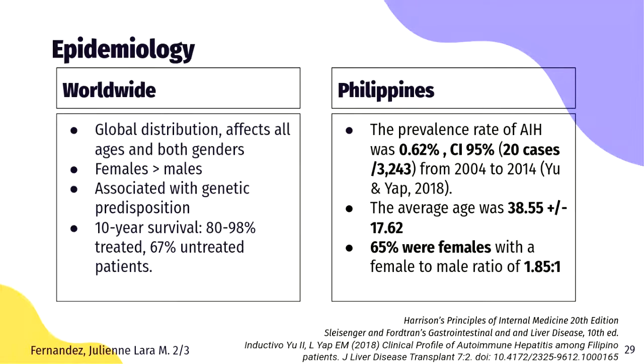According to Yu and Yap, the prevalence rate of autoimmune hepatitis seen with liver disease at National Kidney Transplant Institute was 0.62% with a confidence interval of 95%. There were 20 cases among 3,243 who had liver disease from January 1, 2004 to December 31, 2014. And the average age of the patients was